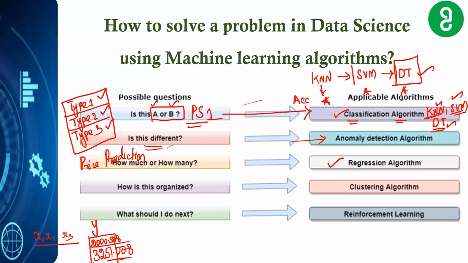And how are you going to organize? In the previous approaches, I know my target variable. So in the classification problem, I know my Y variable, I'm interested to find whether this is going to be type 1, type 2 or type 3. In a regression problem, I know the real values. But in this clustering algorithm,